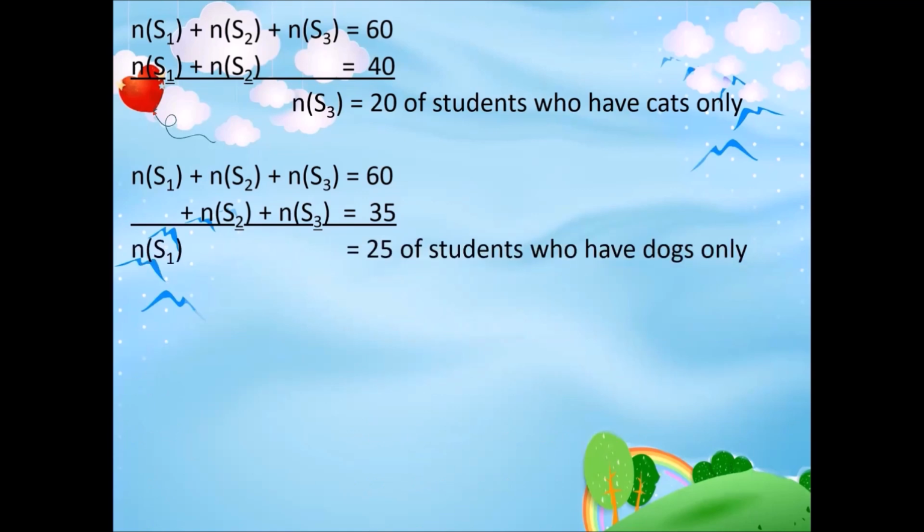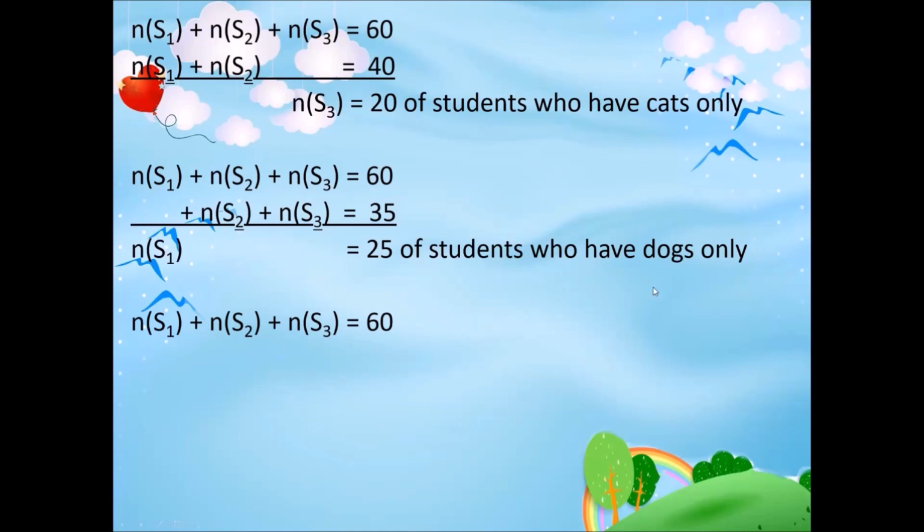So therefore, we have 25 students who have dogs only. Now, complete na. Pwede na natin gamitin ang substitution. Again, use again our formula to solve the remaining, yung natitirang NS sub 2. So, NS sub 1 plus NS sub 2 plus NS sub 3 is equal to 60. Substitute